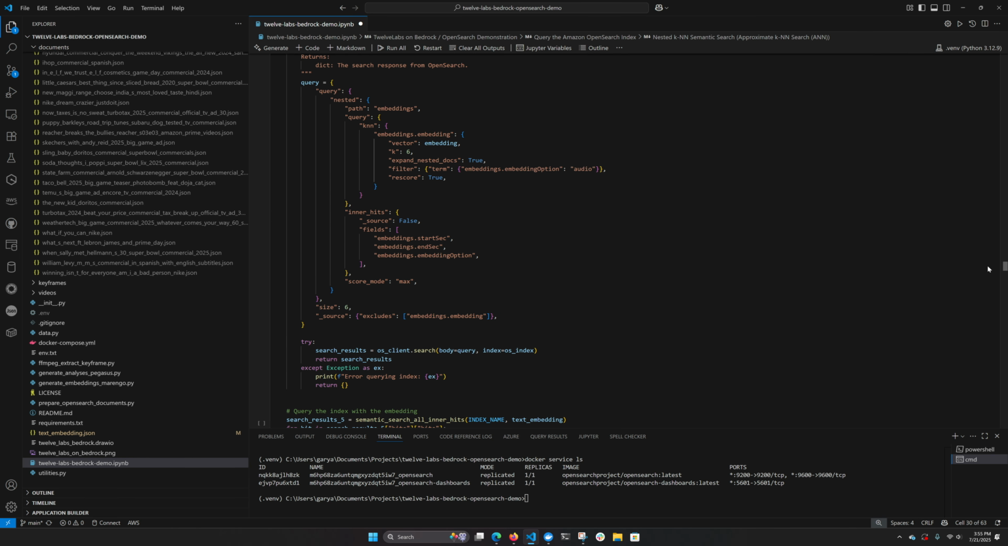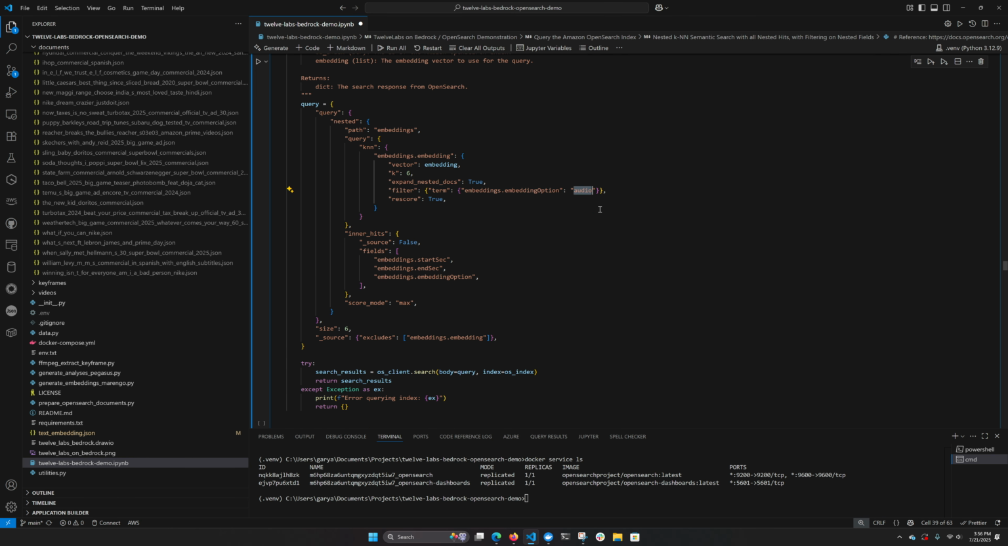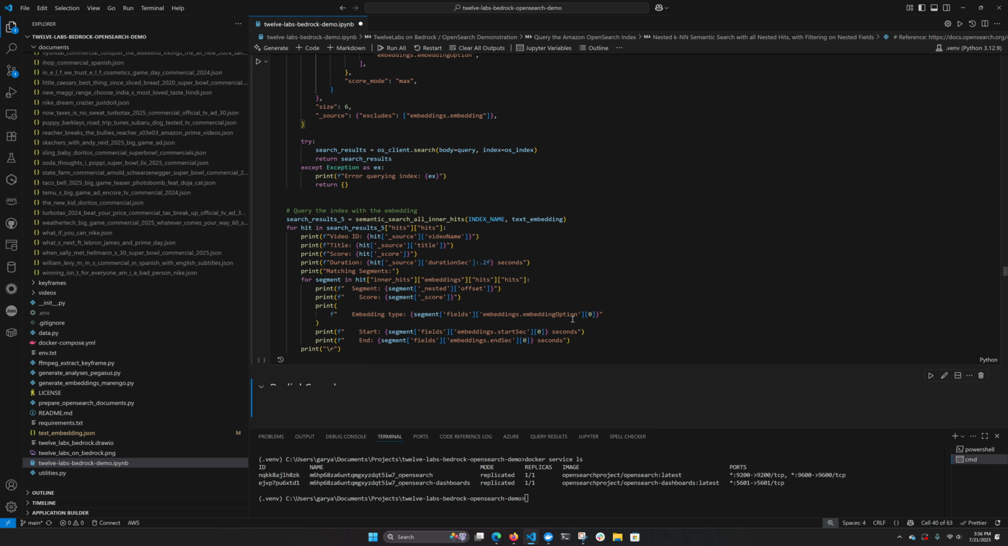So this is our search, and you can see here I'm going to filter on audio. So I know those are lyrics to a song. I'm going to return 6, same thing. I'm going to, again, focus just on the embedding option of audio. I'm going to return those, and I'm going to exclude the embedding because, again, I don't need the embeddings for this search. So let's go ahead and run that, and we're going to get the top 6 results back